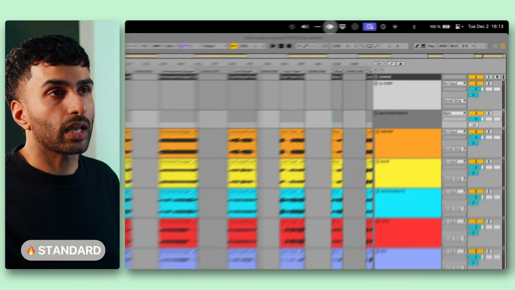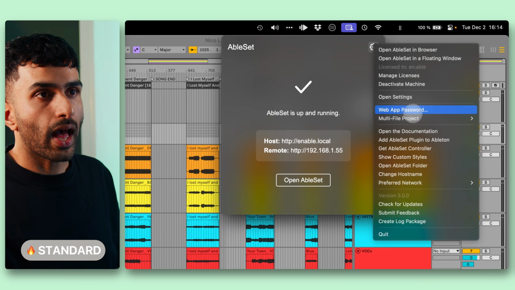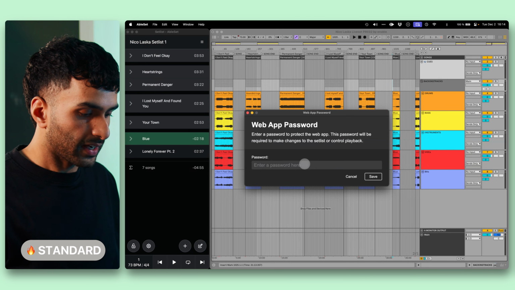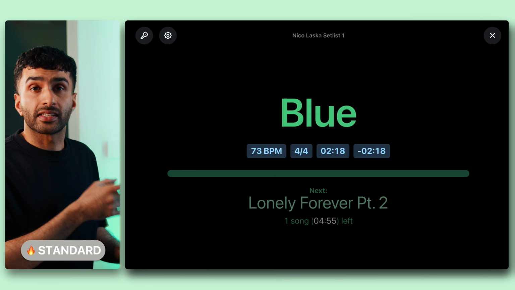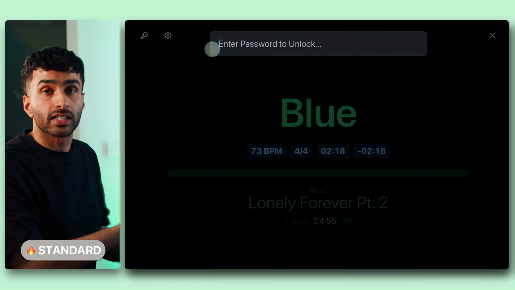You could even take this one step further by password protecting the AbleSet controls. To do this, I'll go into the AbleSet menu, and in the settings over here, I'll select Web App Password. I can now go ahead and select a password over here. And now my iPad is locked, and I cannot control anything unless I go in and I enter this password